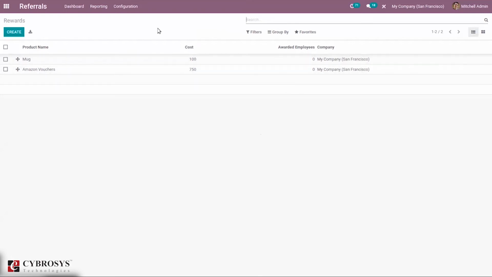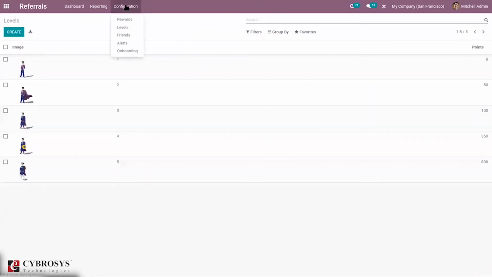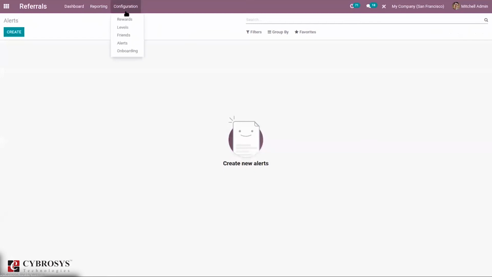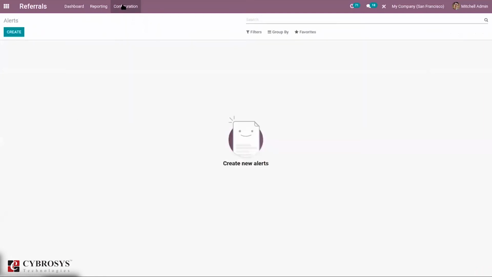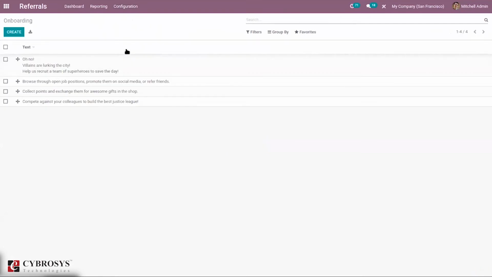Then awarded employees, you can see the company, we can create new rewards and we can see levels, then the number of friends, you can see the friends here, then alerts that can be created. We can create alerts, set a date and send the alert, and we can see the option for changing the configuration of onboarding. Here we can add text that can be included in your onboarding panel. Okay,